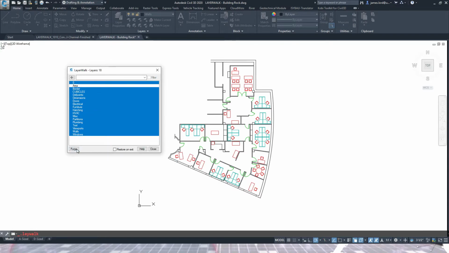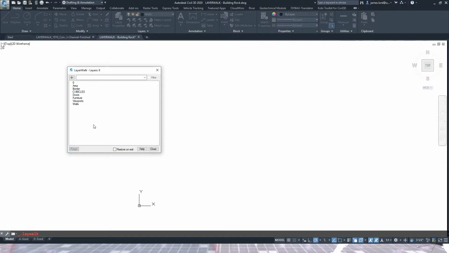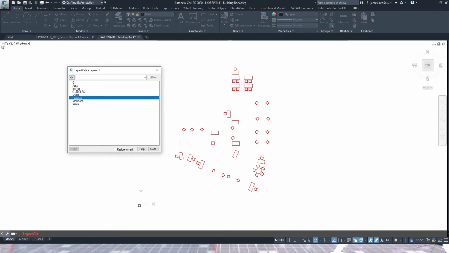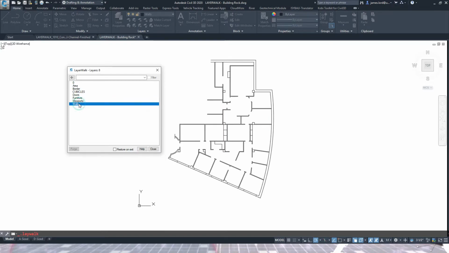Right now you'll see that it has an option for purge, but if I right click and say Select Unreferenced, all of these ones right here don't have any objects currently assigned to them. So I can say purge them and it will get rid of them. Then I can come back up here and I can basically go back through this list and see all the layers that are there. Now maybe if I only want, let's say, the walls and the doors,